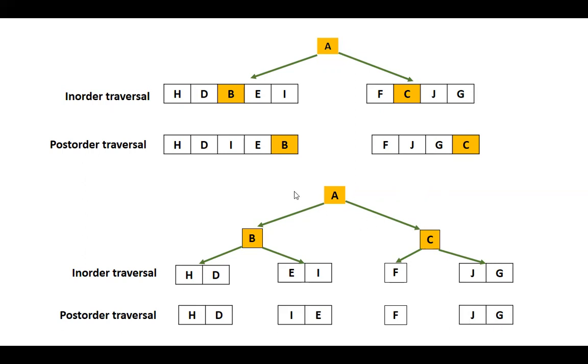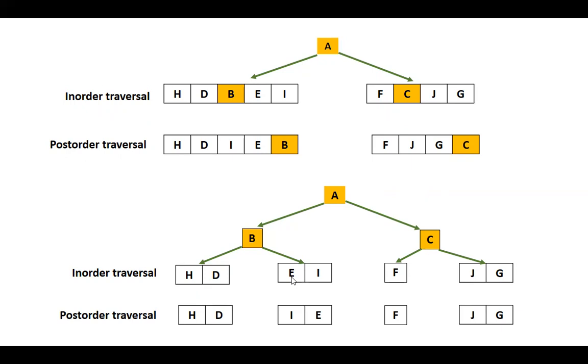I hope the concept you all are getting it. It's very simple. We got the root, we got its left child, we got its right child, and now again we'll be applying the same concept here. Again, you look at the post order traversal, the last element or the rightmost element is D, so D is the root. Trace it in order traversal. Here E is the root. Again, trace it in order.